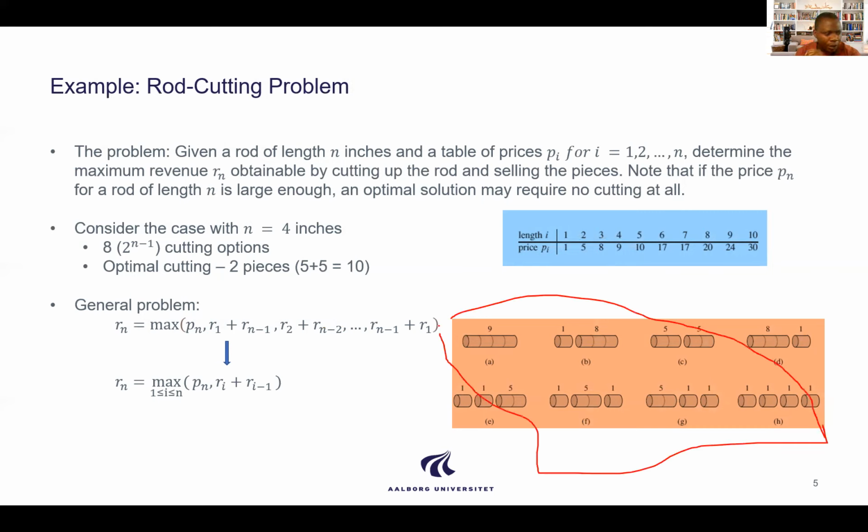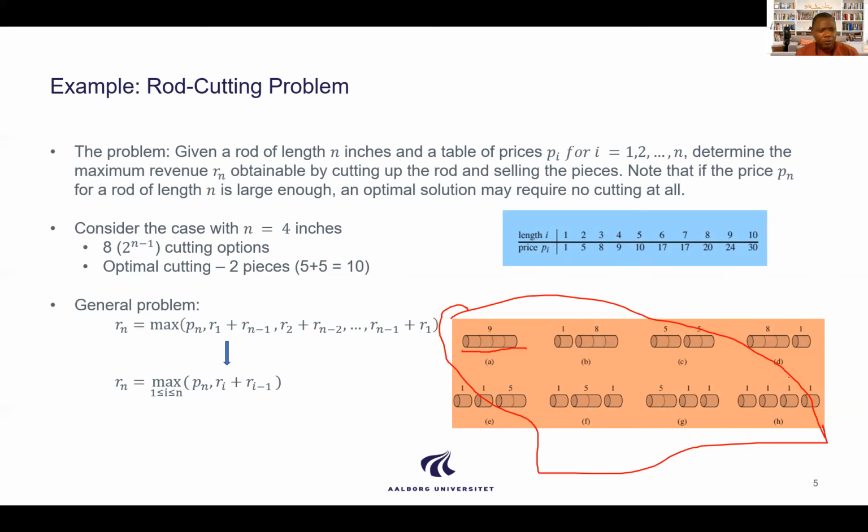So what we have is, I could sell the entire rod as it is without splitting. I would get a revenue of 9, right? Because my rod is of length 4. I could cut 1 out of it and leave the rest. I would get, for the 1 meter length and the 3 meter length, $1 and $8 US respectively, right? Progressively, you can see that these are all the options that we have for cutting a 4 meters rod,